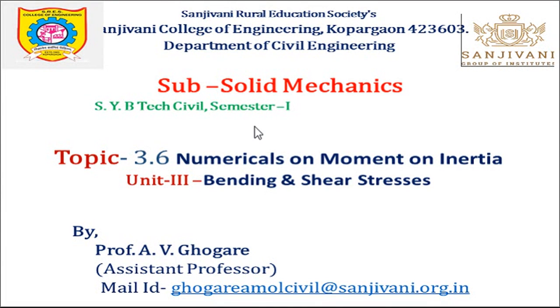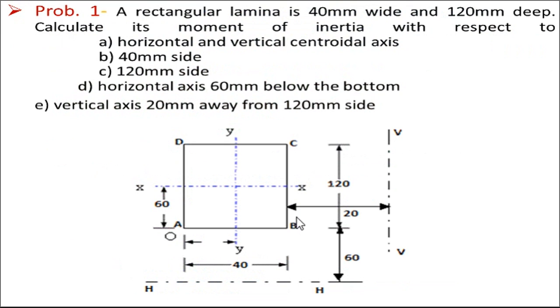In this session, we are going to take some of the numerical problems on moment of inertia. In that, how to determine the moment of inertia for different sections, about the center of gravity in the x-x axis, in the y-y axis, at the edges of the cross section in the x-x axis or y-y axis, or the distance of the axis from the CG. Also, we are going to take one problem combinedly to determine the moment of inertia of the section. Let us take one problem.